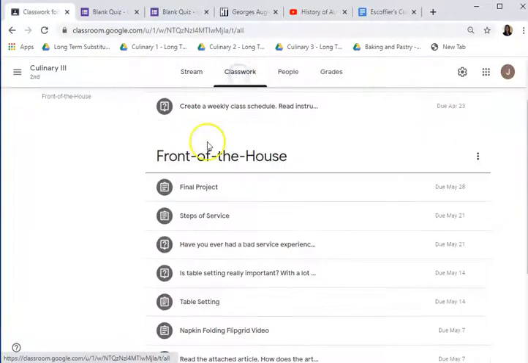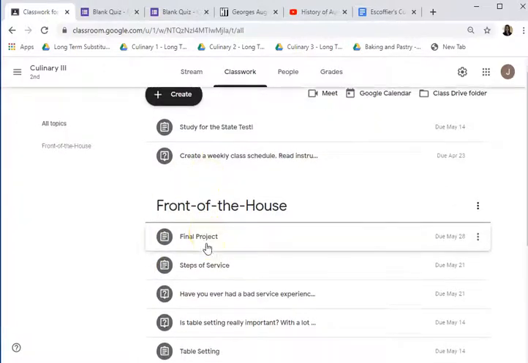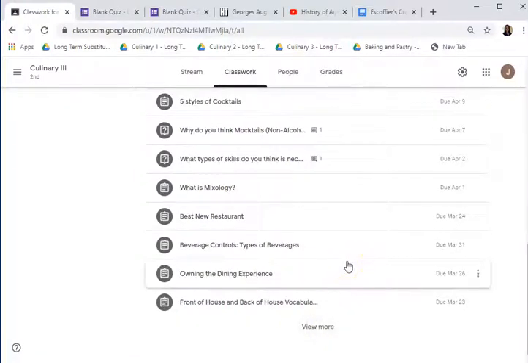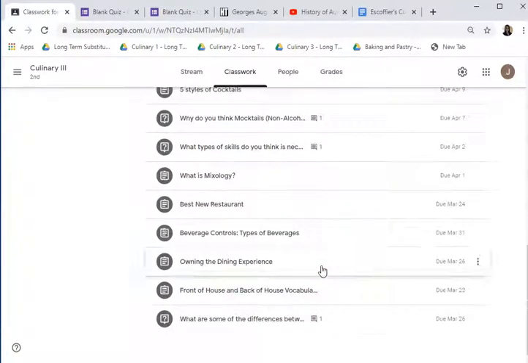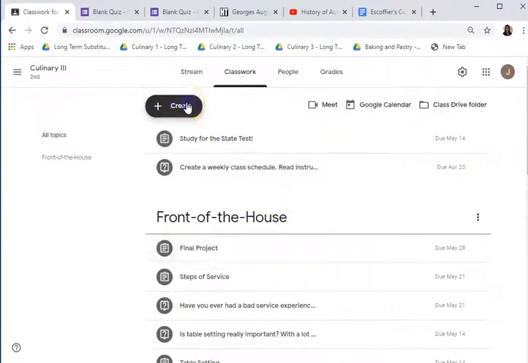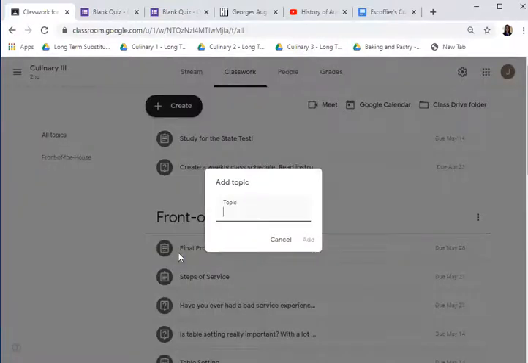The other thing you can do: you can see right now I've just left this as one topic, and how cluttered and kind of overwhelming this is. It's a lot of assignments, and so for a student this might look overwhelming. So you can create different modules of a unit or a standard, and you can even break it down by week, which is something I'm going to try this year. I have not used that in the past,